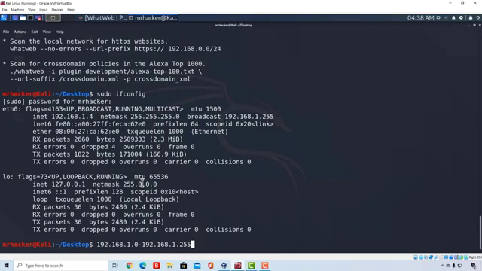So we should still get some result from scanning my network. Let us go delete this and type whatweb, and then the range of my home network. Let us go with 192.168.1.1 to 192.168.1.255. So this is the range of IP addresses that I want to scan, and all of them belong to